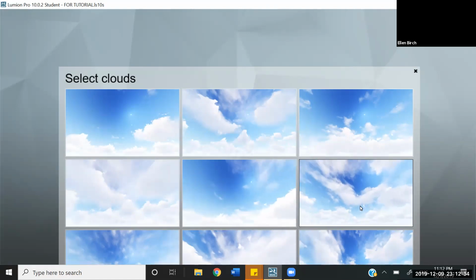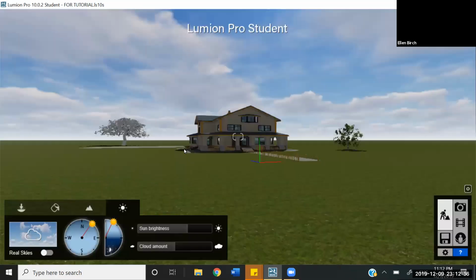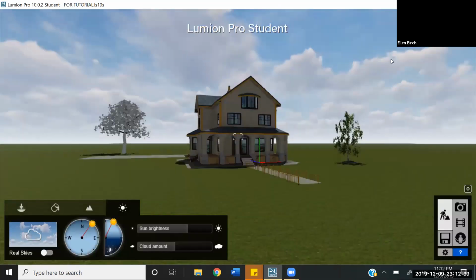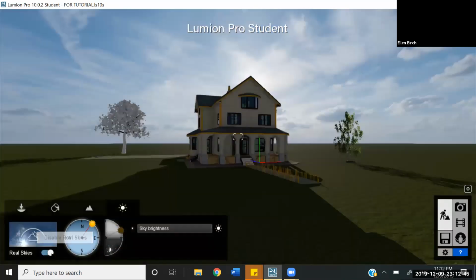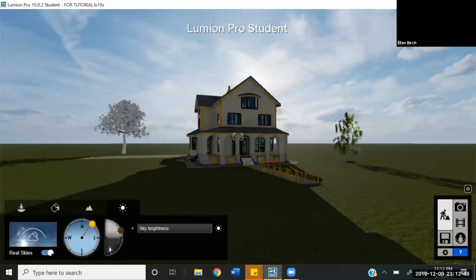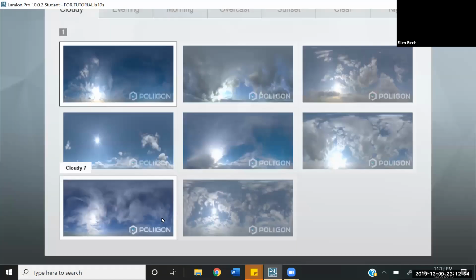I'm gonna pick this one, it's cool. So you can choose different options and see how it changed. Now we have these kind of clouds. Kind of fun. You can choose different things. We can turn on, enable the real skies, and it kind of makes it look more realistic. That's kind of cool. And if you choose real skies, then when you select the real sky, you have different